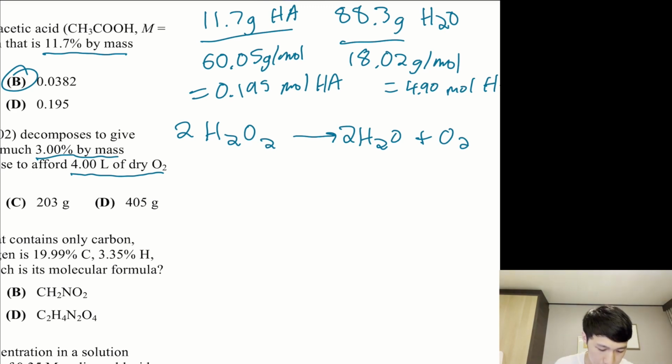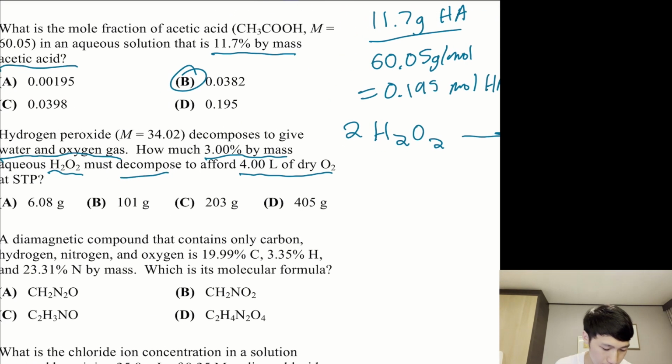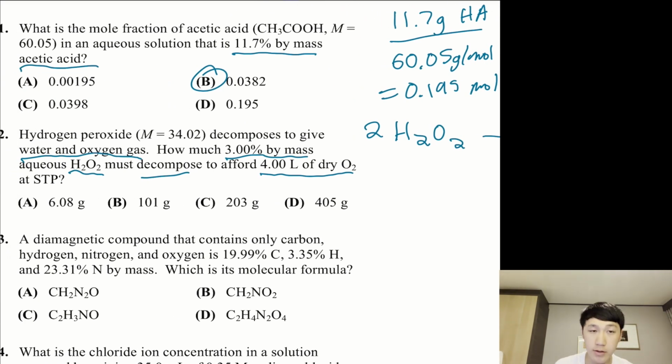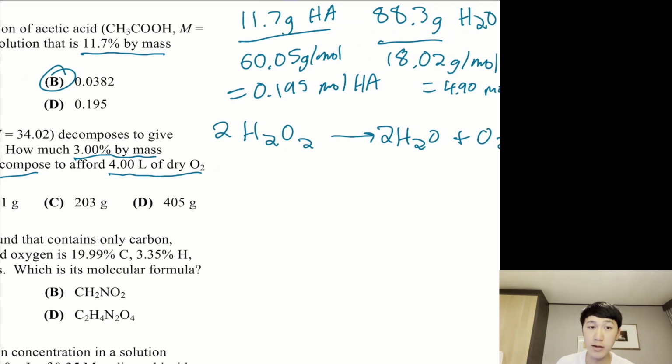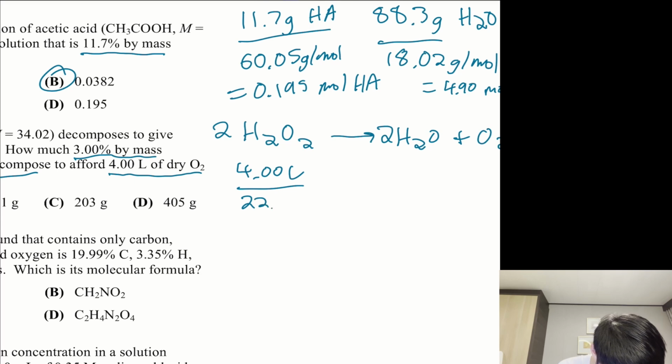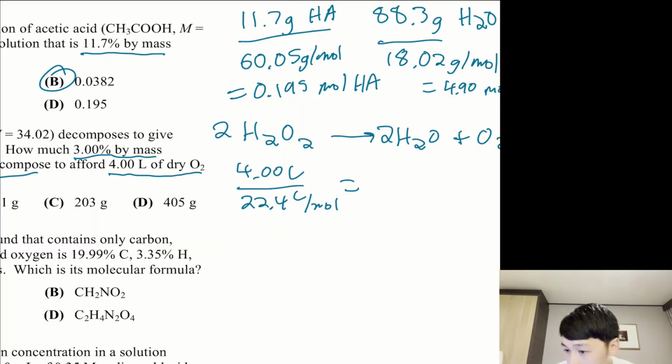Let's balance the equation using a coefficient of 2 on the peroxide and 2 on the water, like so. Now, we're given that 4 liters of dry oxygen are produced at standard temperature and pressure. And as some of you might know, at standard temperature and pressure, 1 mole of gas is equivalent to 22.4 liters of volume. So we can use that relationship to figure out how many moles of oxygen are produced. So let's do that. 4.00 liters divided by 22.4 liters per mole, which will give us 0.179